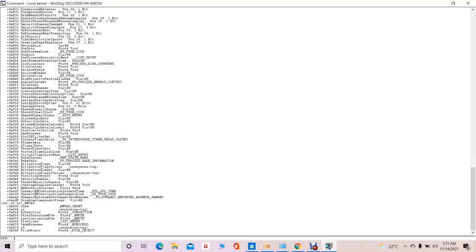Here at the bottom, we can see the VAD structure. There are various attributes like FirstPrototypePte. This FirstPrototypePte indicates the page table entry for the first page which is mapped by a particular VAD.